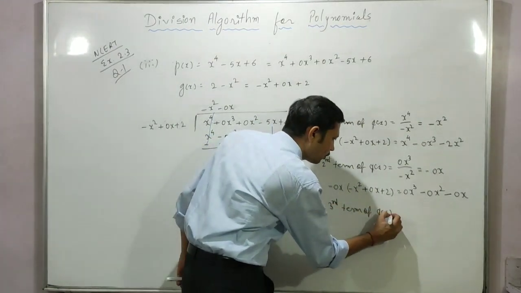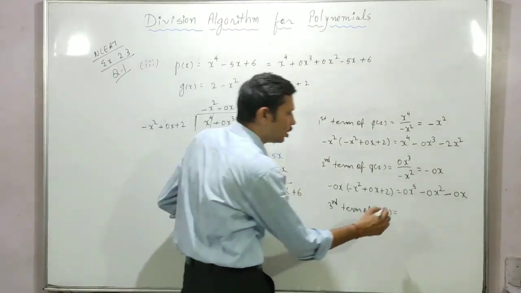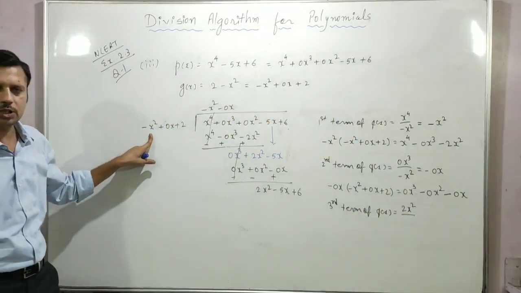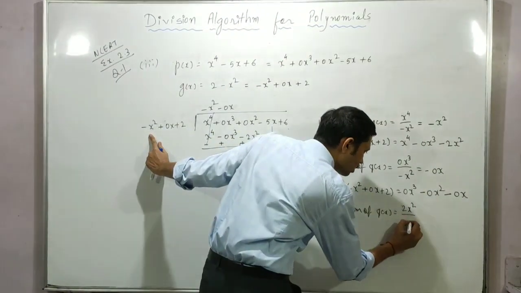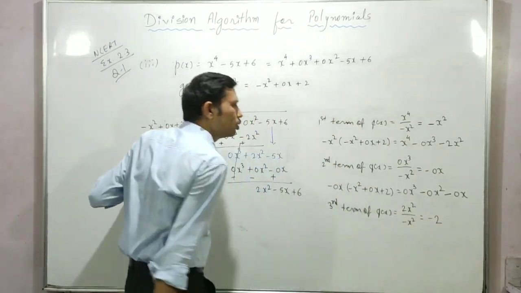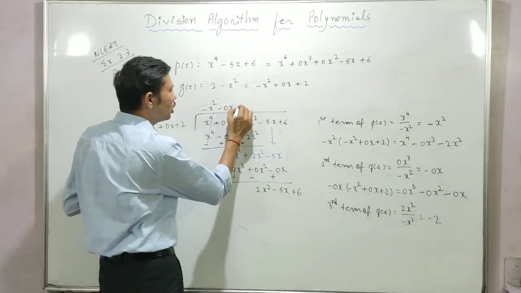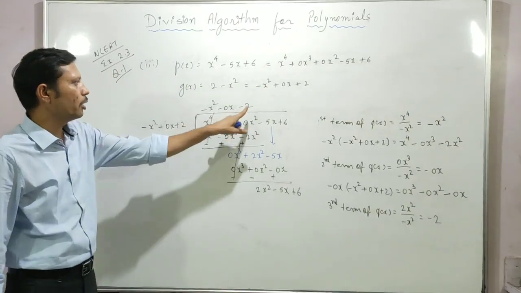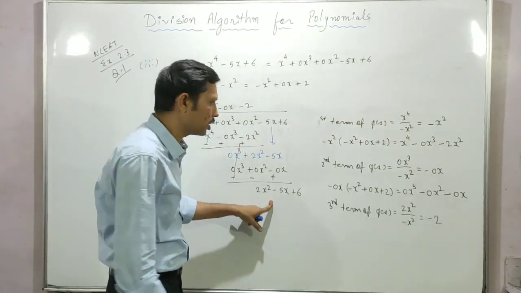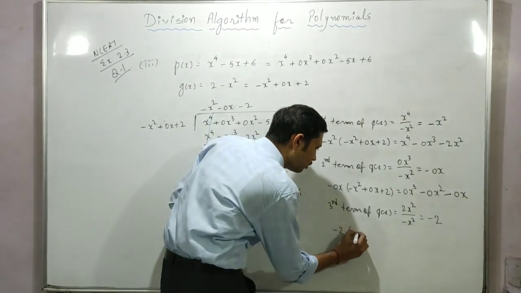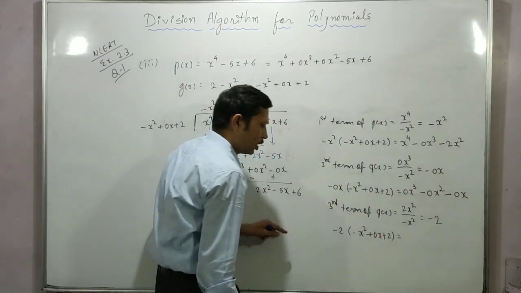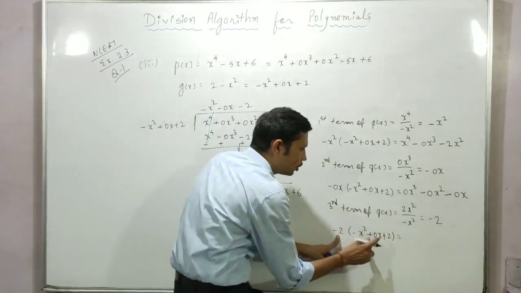Now the third term of our quotient. So the first term of the dividend, 2x square, that should be divided by the first term of the divisor, that is minus x square. X square will be cancelled out, so minus 2. Okay, so the third term of the quotient is minus 2, and minus 2 multiplied with this divisor, and we have to write down the product here. So minus 2, that we will multiply with minus x square plus 0x plus 2. Minus minus plus 2x square